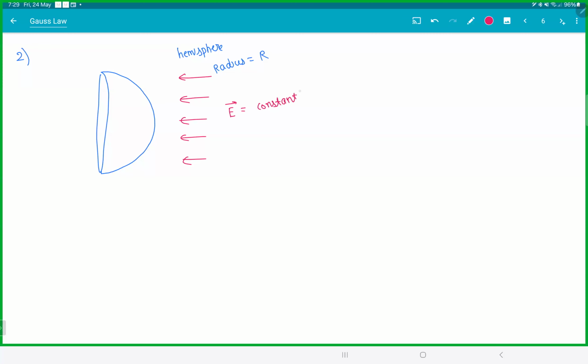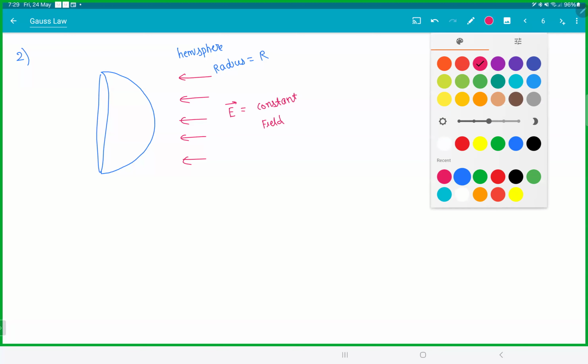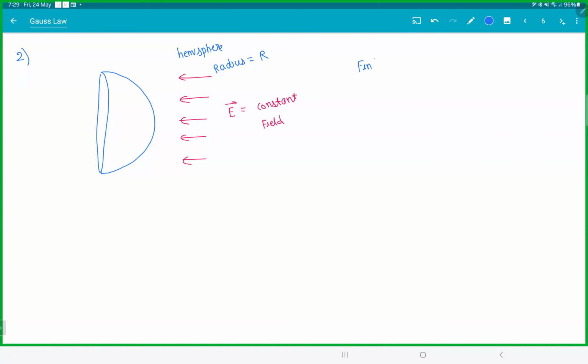Find the flux passing through the curved surface. Can I say E into 2 pi r square? The problem is,